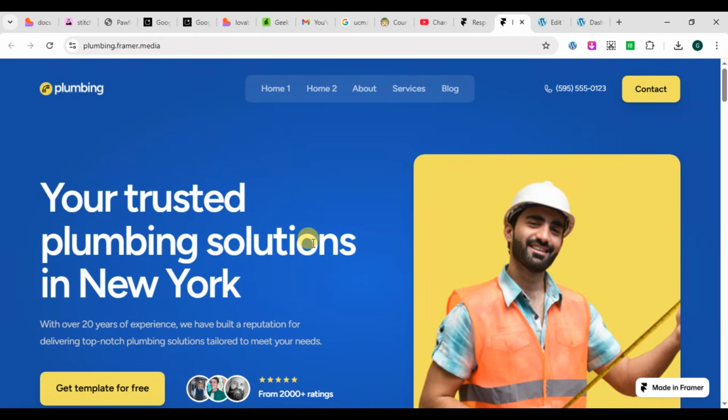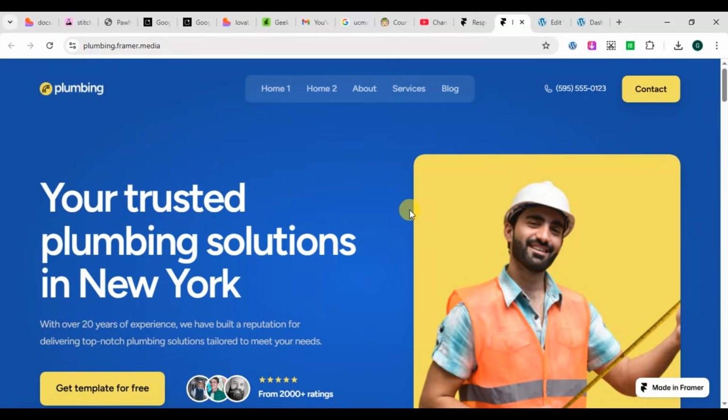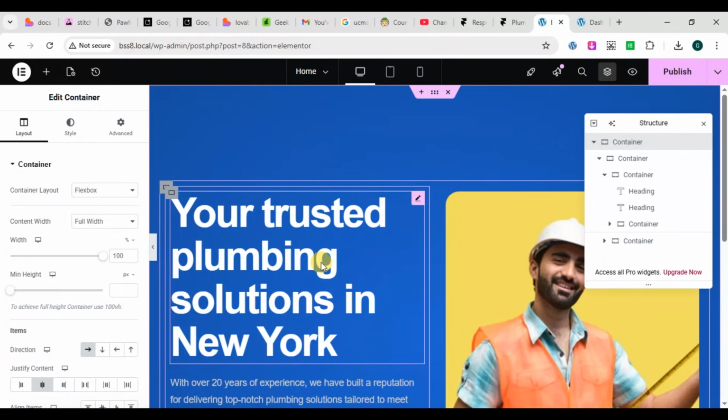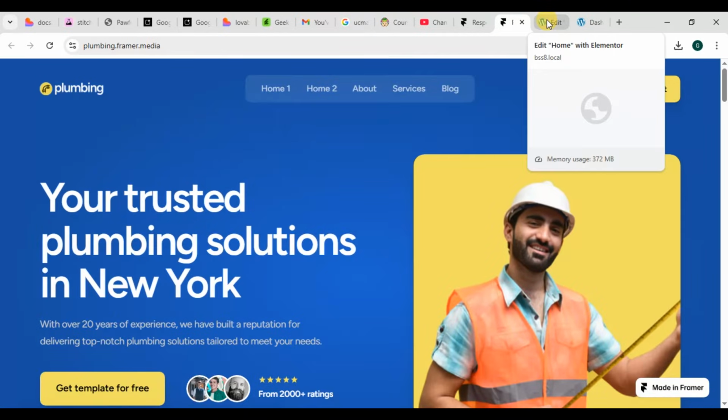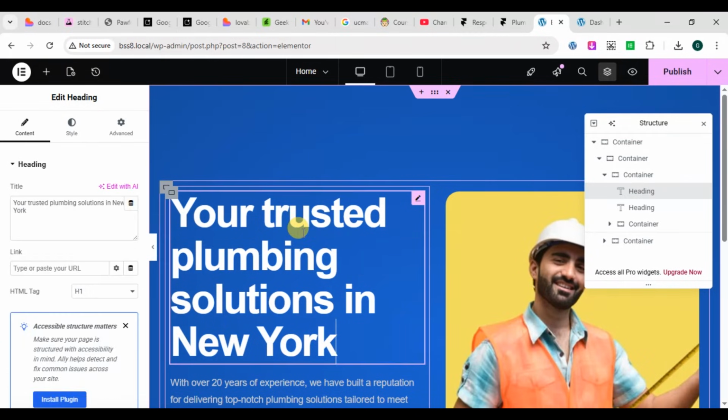Now, in this video, I'm going to show you how you can clone any website on the internet using the Clone2Elementor extension. This website here is a Framer website that I am cloning inside Elementor. If you go to the Elementor editor, you can see that I have created almost the exact clone of the original Framer website. And if you go back into the Elementor editor, you can see that it is 100% editable